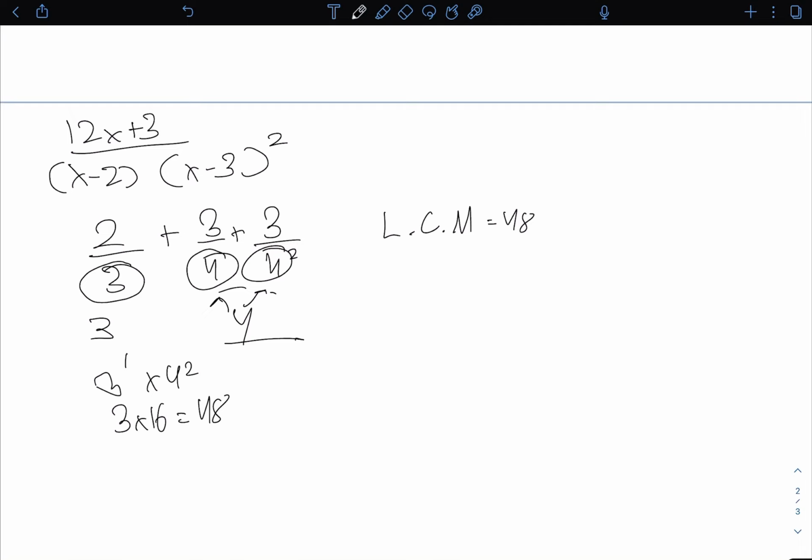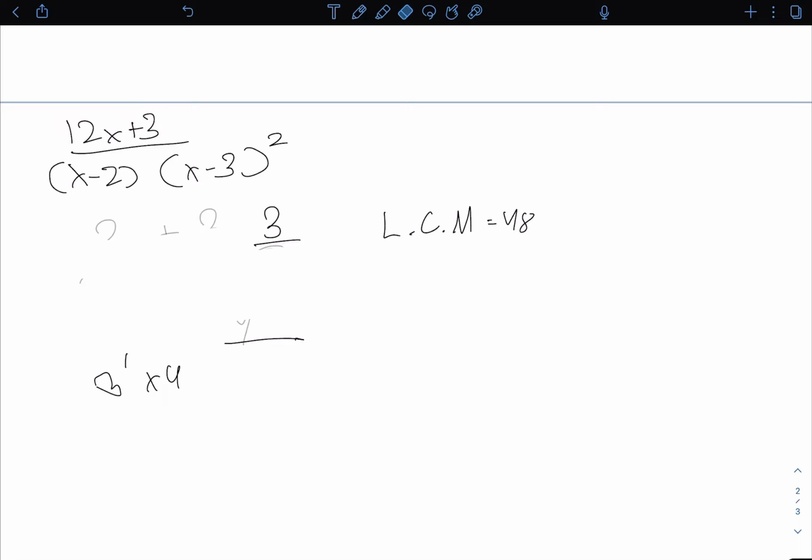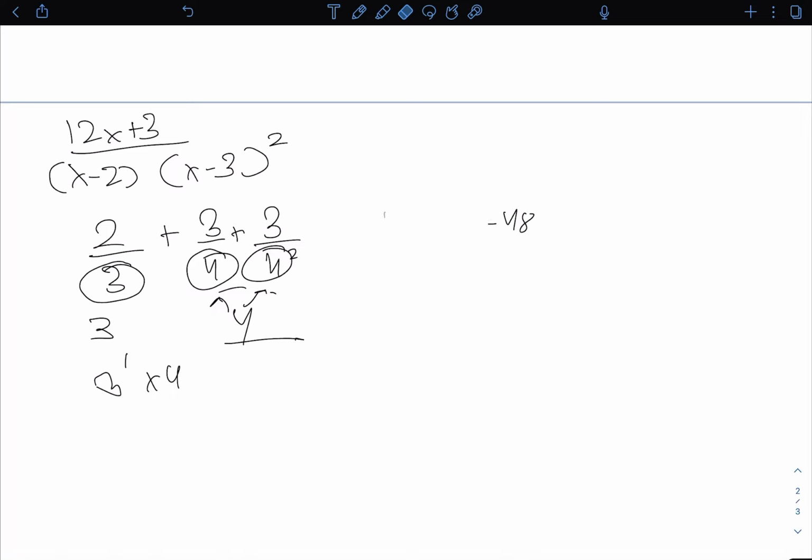So we're going to be applying the same thing over here. Let me just erase this and show you. Similarly, actually I'll keep this over here. Similarly to how we found the LCM over here, we apply the same